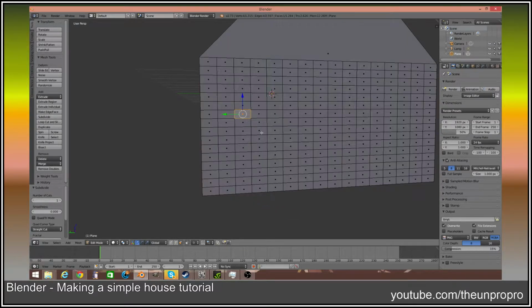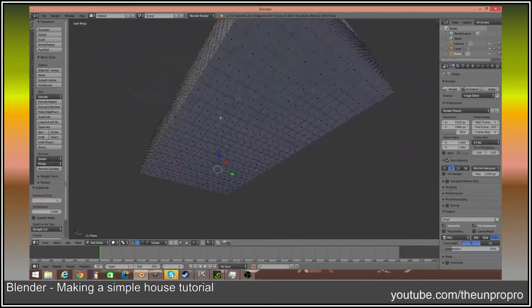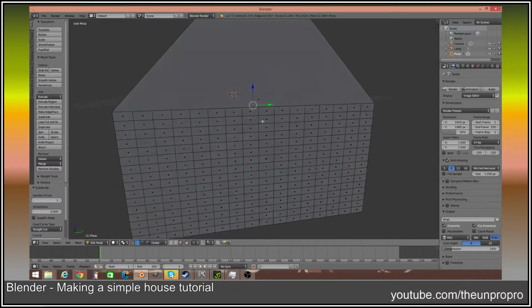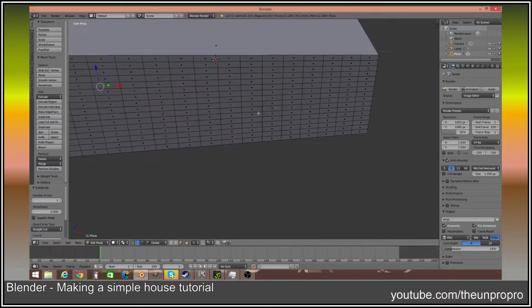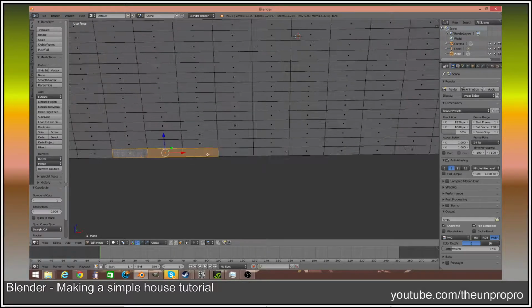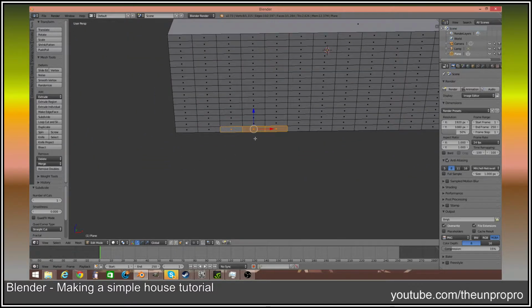4 times. So now we have a lot of different faces here. That gives us a lot of room to work with, like windows and stuff like that. So first thing we're gonna do is we're gonna ask ourselves, where do we want our door? Let's have the door right here. So I'm gonna select the very bottom ones here, and what I'm gonna do is I'm going to extrude